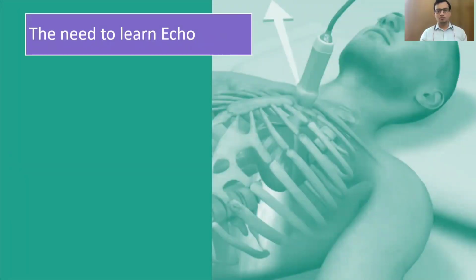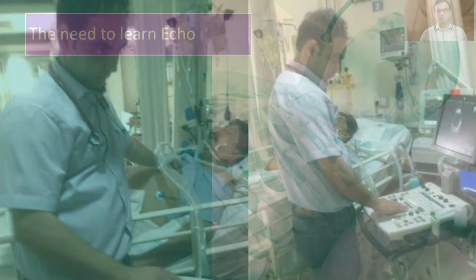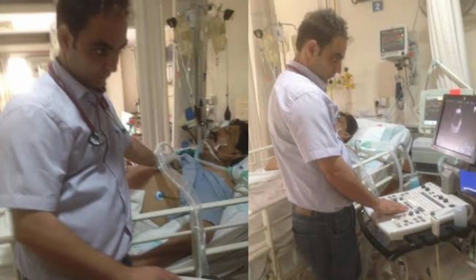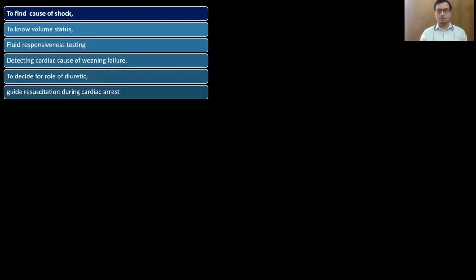Why do we need to perform it and when to perform echo in ICU? These are the questions one should normally ask. Basically, we perform the echo in ICU to know certain information which is vital to time-sensitive, goal-directed case management. Echocardiography is pivotal in the diagnosis and management of a shock patient. Rapid diagnosis and time-sensitive management is what saves the life of a patient.